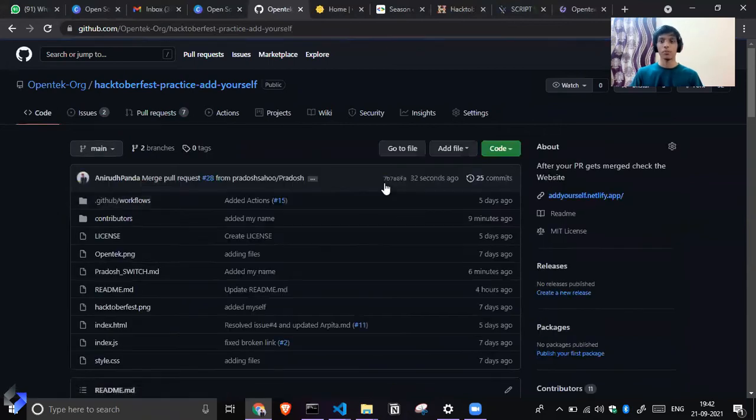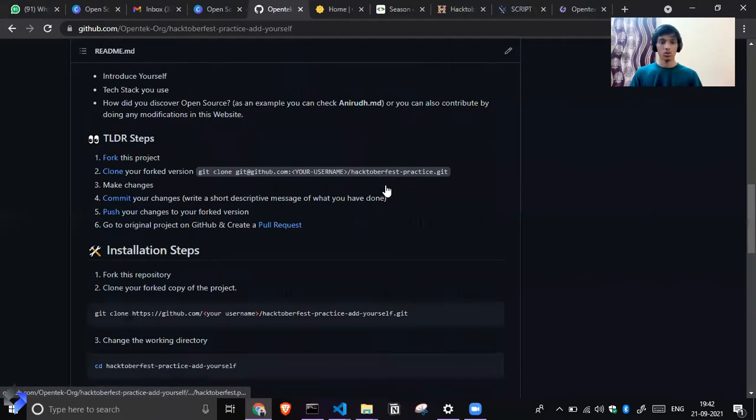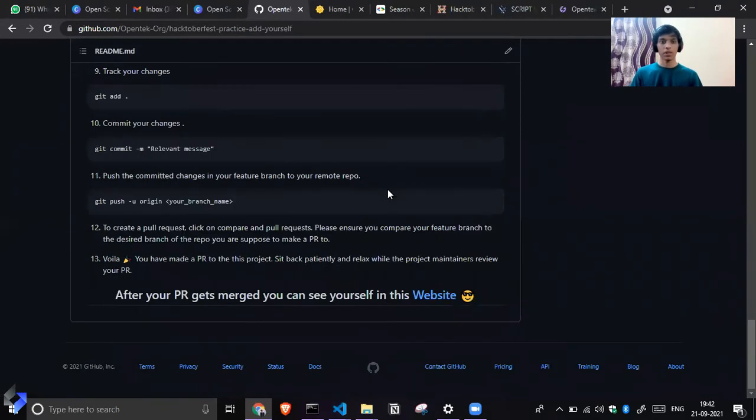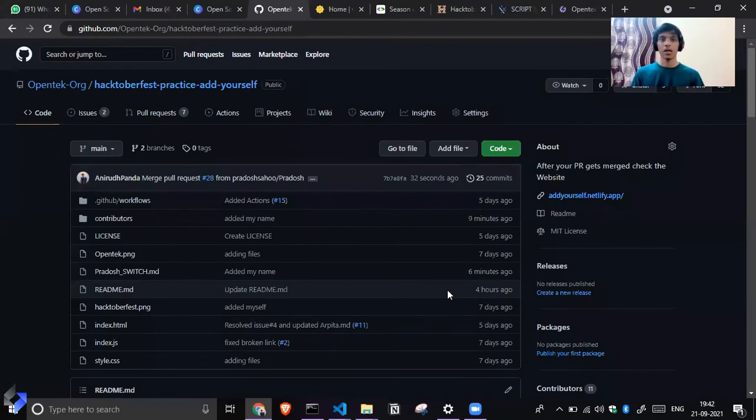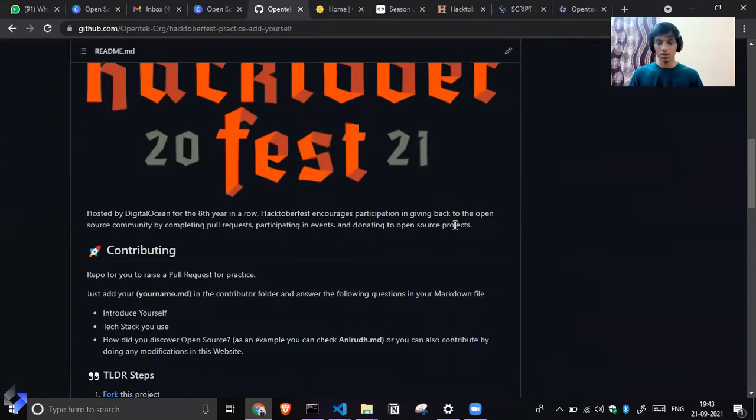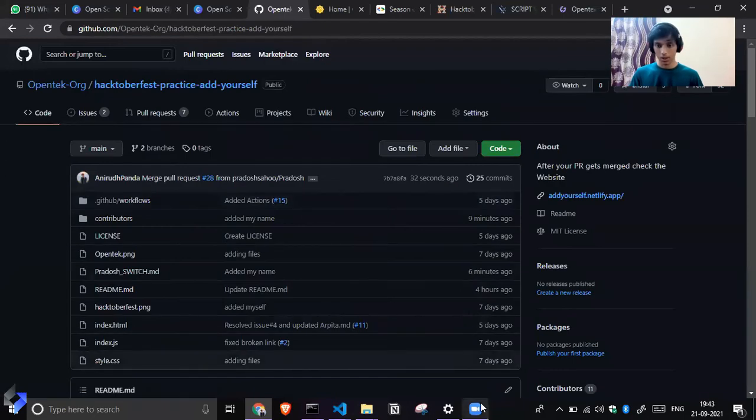Okay, so this is how you create a PR basically. So yeah, for Hacktoberfest also, there are a lot of beginner projects you can find. I will tell you how to find beginner projects to contribute. It is not that you have to directly go and give a pull request in Android. So we won't do that. Okay, if you are skilled enough, you can do that. But yeah, otherwise. So I guess there are no issues as of now.